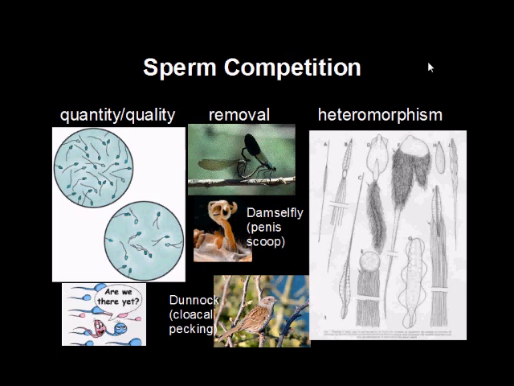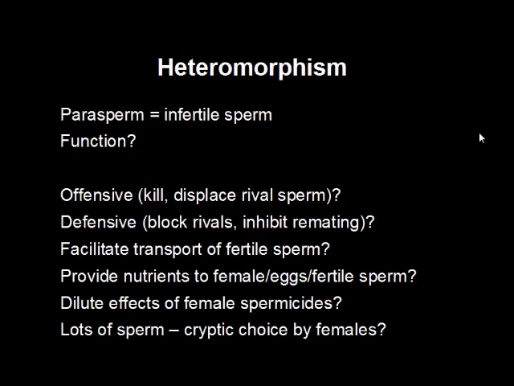Another way you can have sperm competition is heteromorphism, where you have different sperm types that have different morphologies and play different roles. So you may have some sperm that are actually infertile. Why would you have infertile sperm? If you want a whole lot of sperm, you would just want a whole lot of fertile sperm. Well, so the function of these is